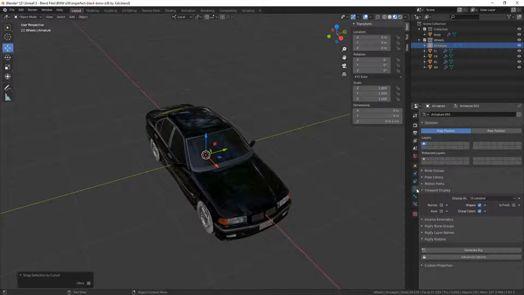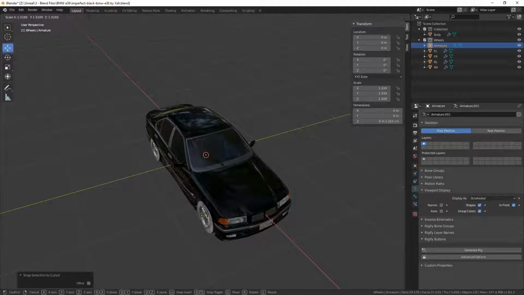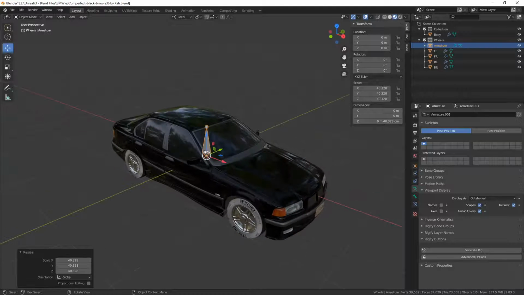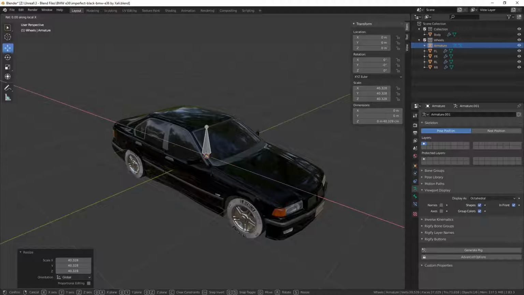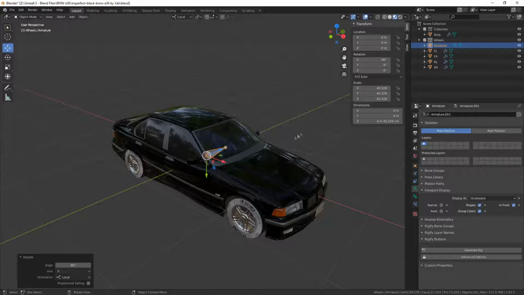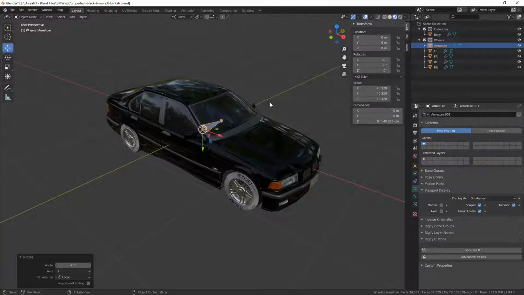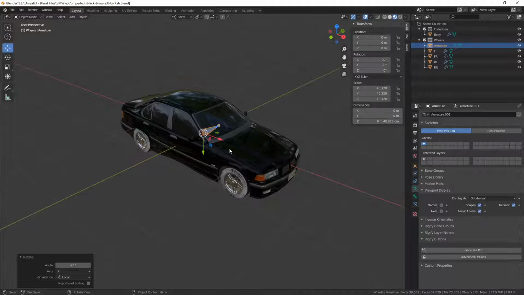In your armature settings, make sure In Front is ticked so we can see it, and then just scale it up. It doesn't matter how big. Scale it up enough so you can see it. Then we need to rotate it along the x-axis, so rotate x minus 90, so it's facing along the y toward the back. That's the way Unreal likes it to be done, so that's what we will do.